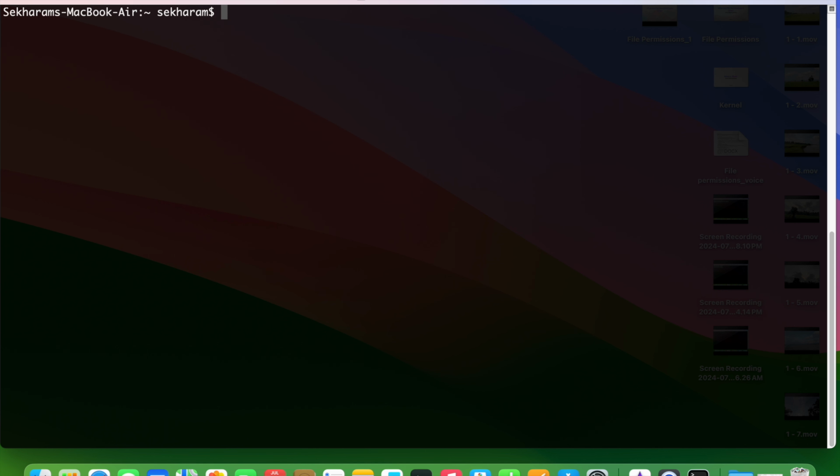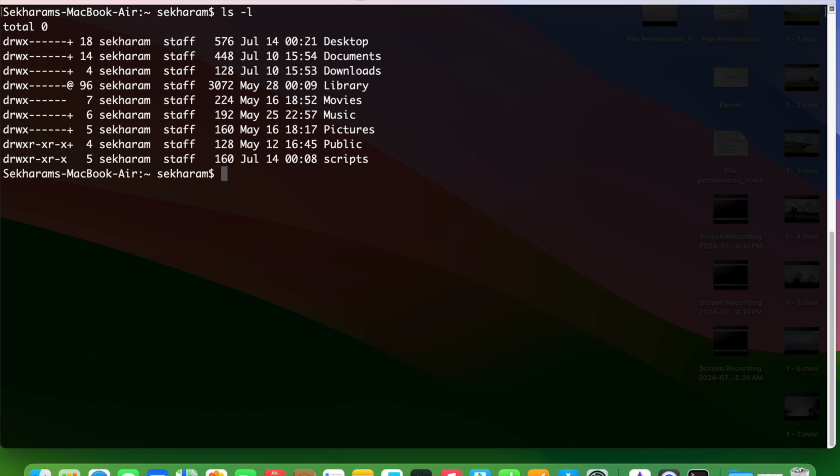Let us see practical scenarios of file permissions in Unix operating system. The first one, to check the permissions of a file, ls -l. It gives the list of the files including directories. To check the file permissions in a directory,